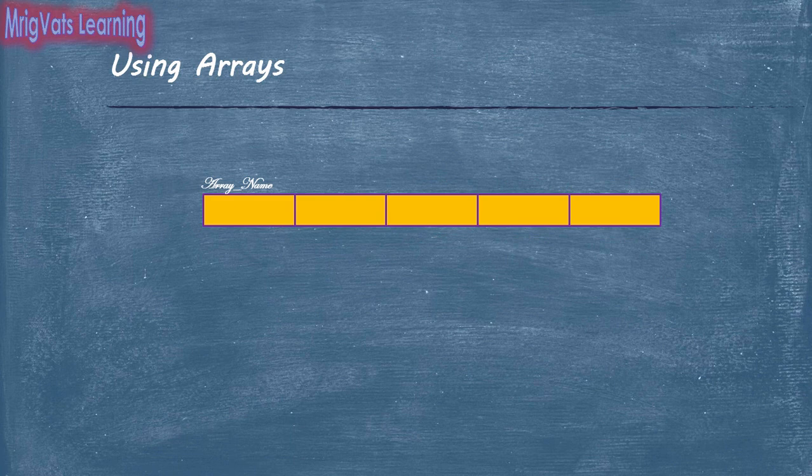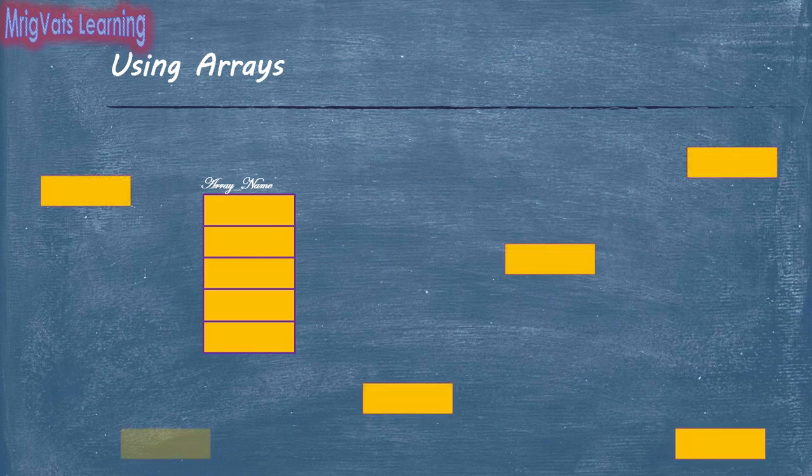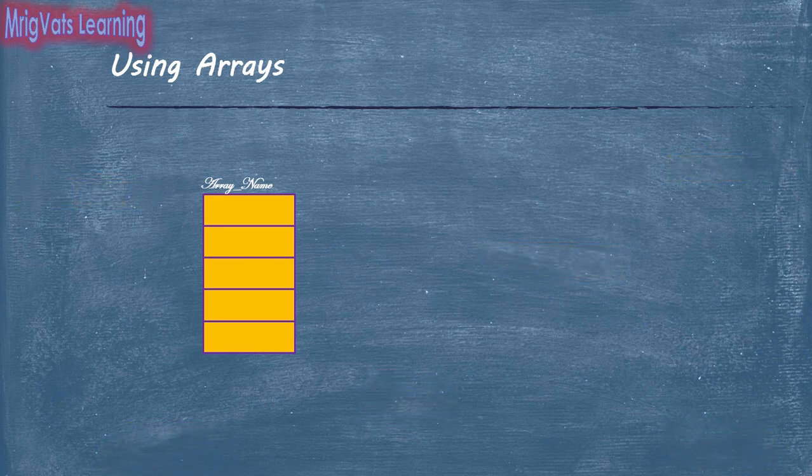Contiguous blocks of memory allocated to the array elements make sure that each element of the array lies side by side in the memory, which could be either horizontal or vertical in the memory allocated to the program. This helps faster access to the array elements because the control of the program does not have to search for the array elements in other locations of the memory, as in the case of multiple variables created at random locations in the memory. Each element in an array has an index number.